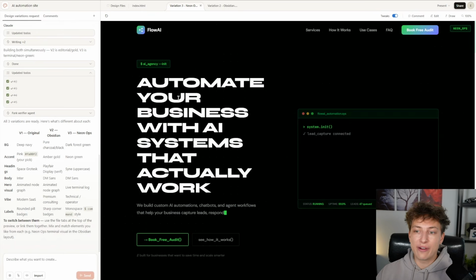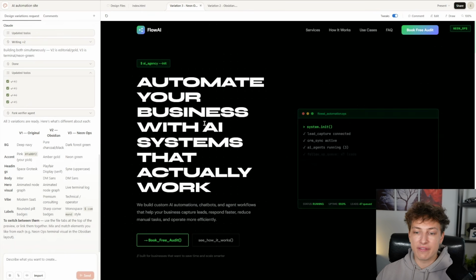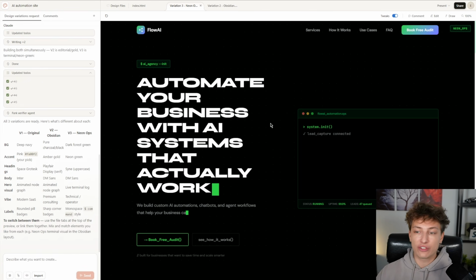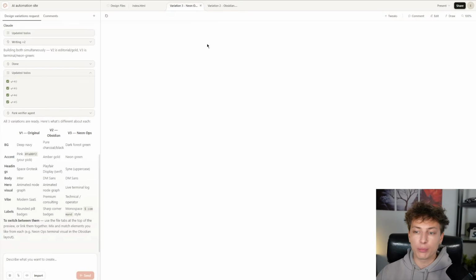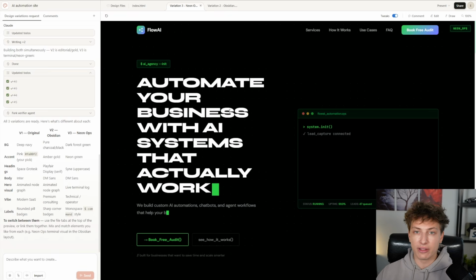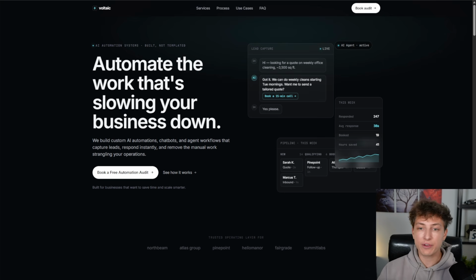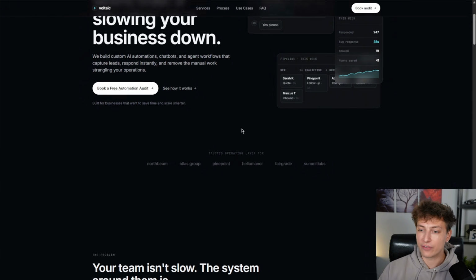But just generating these 3 variations, I already used up 25% of my Claude Design usage limit. So with adding tweaks and doing multiple projects, you can see how you will hit your limit super fast, and this is very limiting. All right, so the one created from the repo just finished,